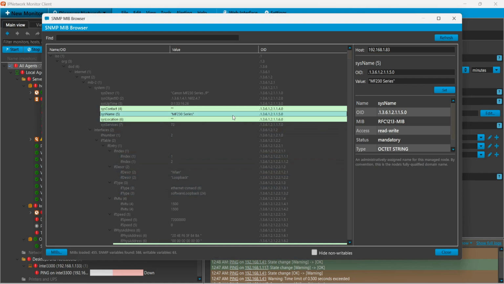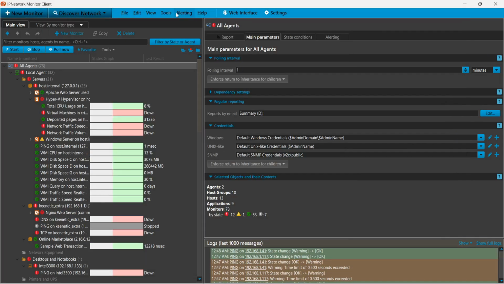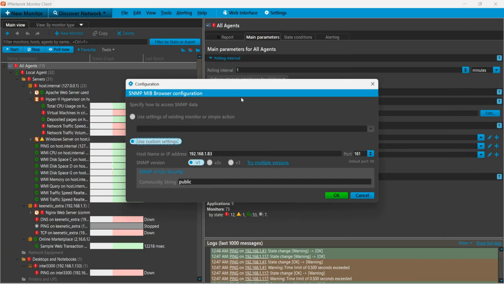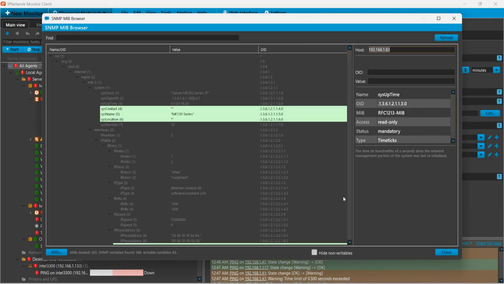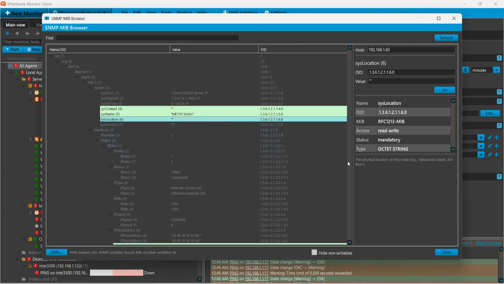IPNetwork MIB Browser allows you to compile MIB files and present them in the form of a tree with SNMP variables. The browser can be opened from the Tools menu or from the New Monitor Wizard, when creating an SNMP custom monitor. The SNMP MIB Browser allows you to select one of the SNMP variables supported by the target host. When you select a variable, its object identifier becomes the value of the OID parameter of an SNMP monitor or